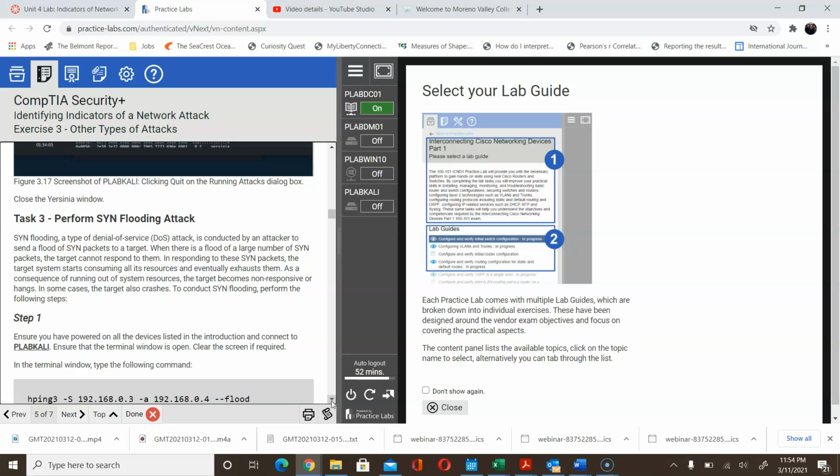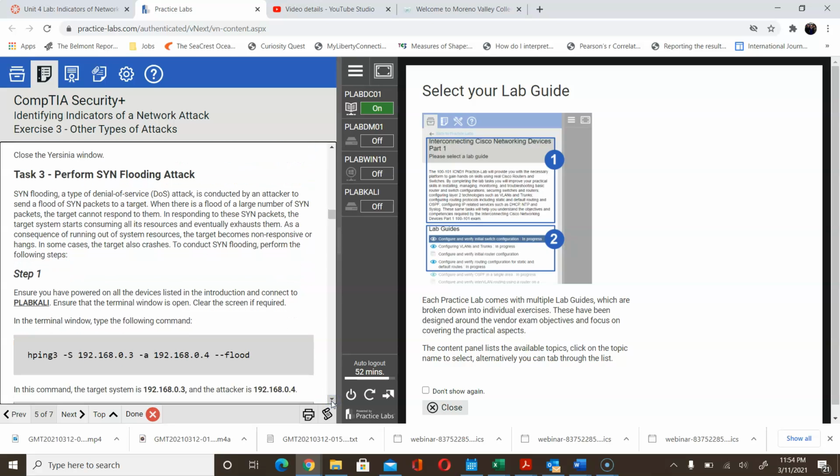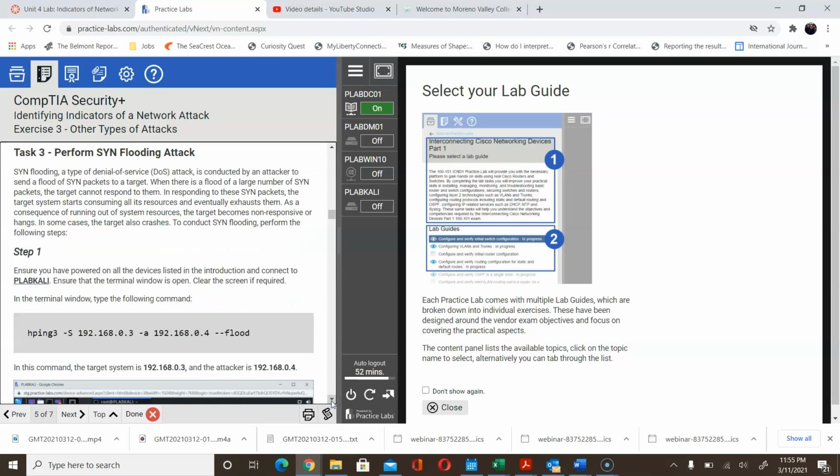in 2 different ways. Then for task 3, you are going to do a SYN flood attack, and SYN flood often is related to packets itself. SynFlood can generate a denial of service attack to disrupt communication between systems. So in Kali Linux, you would then go back to the command line or the terminal, and